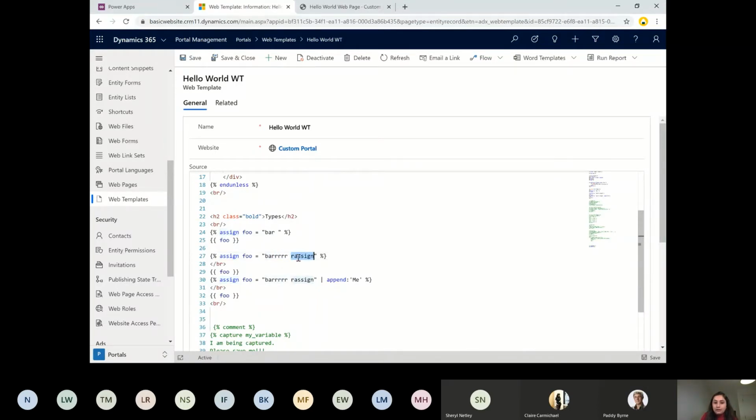So again, I'm just updating the value and printing it, and then I'm reassigning a value again and saying append me. So if you have some variable which is giving you some value, and you would like to append a static text, we can do it this way. And again, just printing that. That's all. So HTML tag, liquid, liquid, liquid, HTML, liquid. You see a combination of HTML and liquid. So definitely, if we know the basics of HTML, it's going to be very easy to learn liquid. Otherwise, just type the liquid and see things, and then write the HTML part of it.